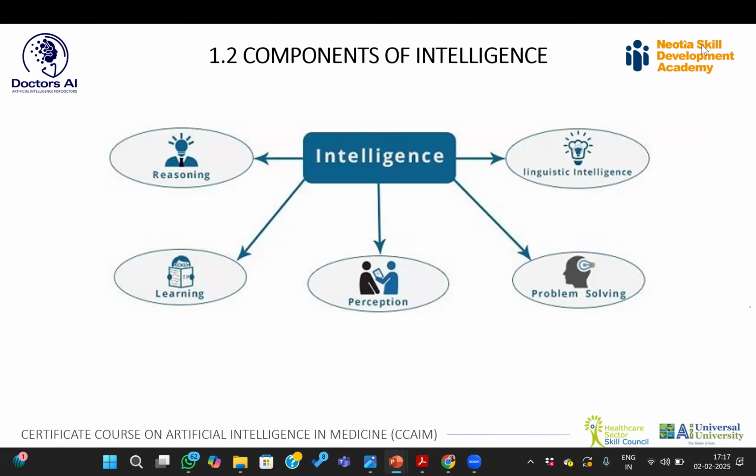At the same time, it has to perceive. There has to be a sense of perception for it to always give you a nuanced response to the kind of command that you're giving or the prompt that you're giving. You want the AI system to have a problem solving attitude. So you give a problem, it gets back to you with a solution to the problem. That's how most of your conversational AI models work.